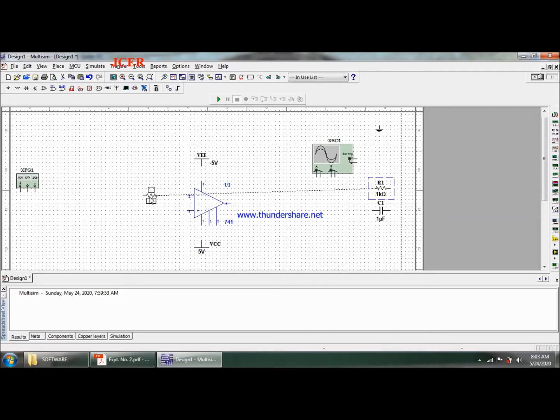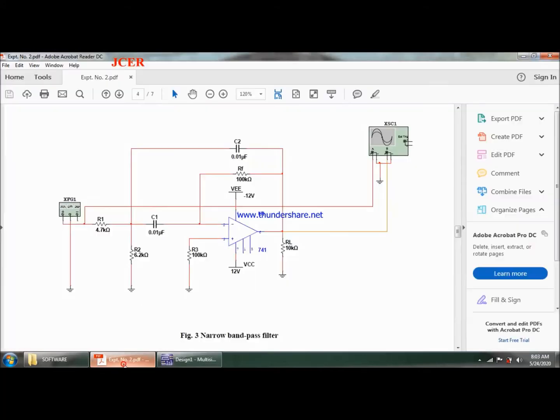Then I am going to use my R and C components to build this narrow bandpass filter. If I see my circuit, I am having an RC component, which acts as a phase lead circuit over here, and this is going to act as a phase lag circuit.